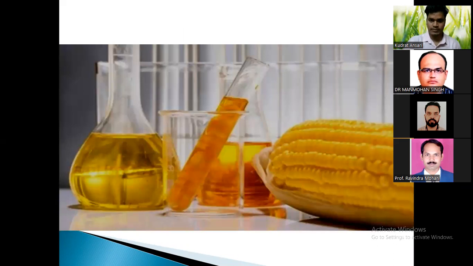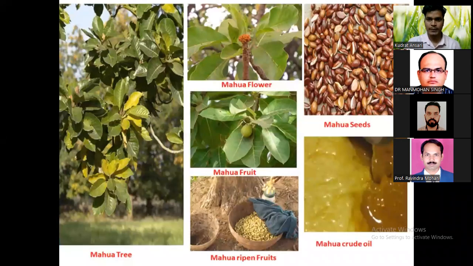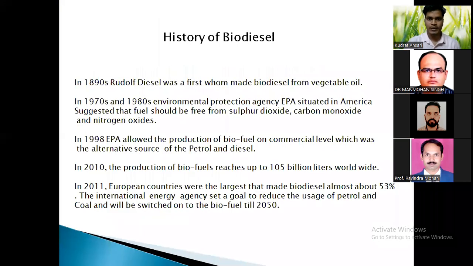So these are the basic photographs of corn and biodiesel, and this is mahua fruits and types of their crude oil and seeds. Now we will start from the history of biodiesel, when it started and how it has progressed